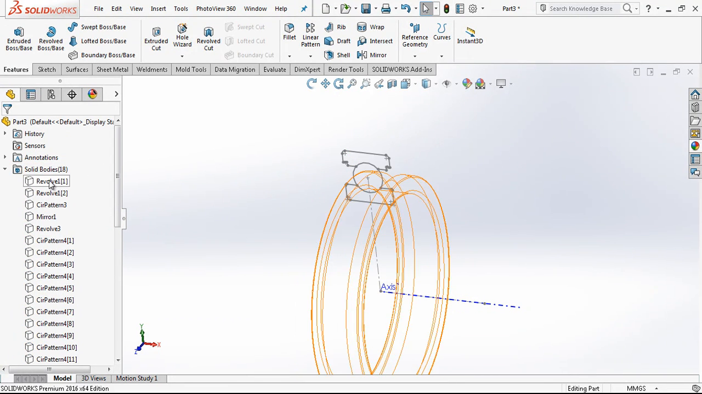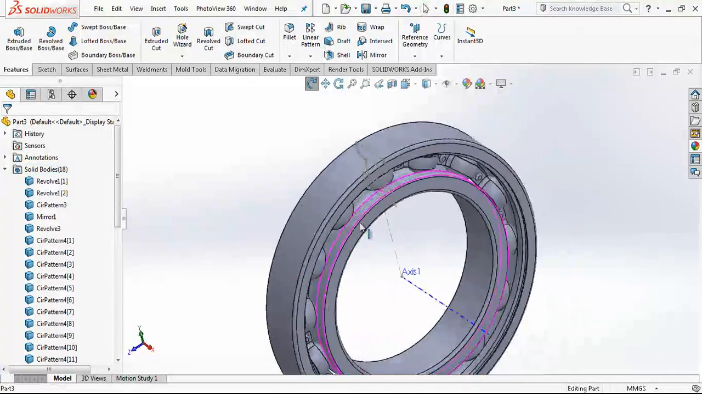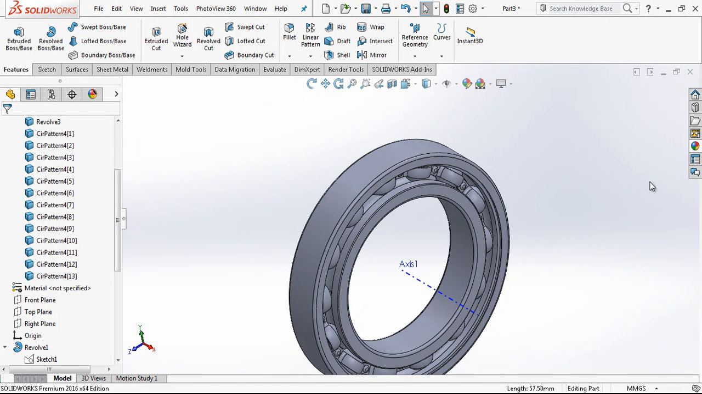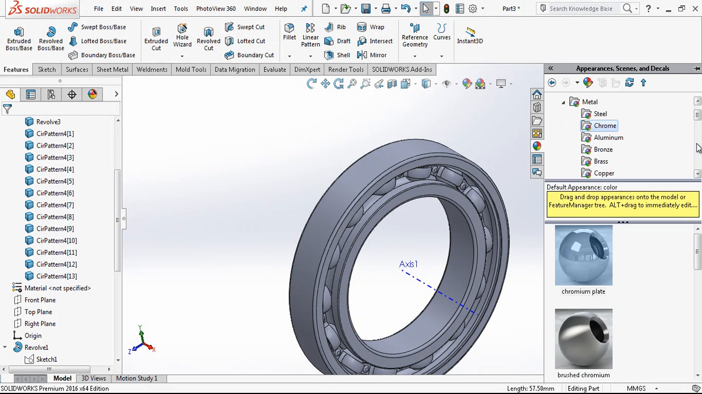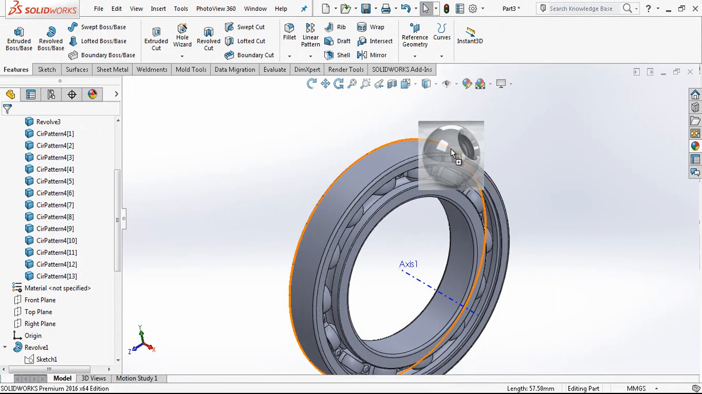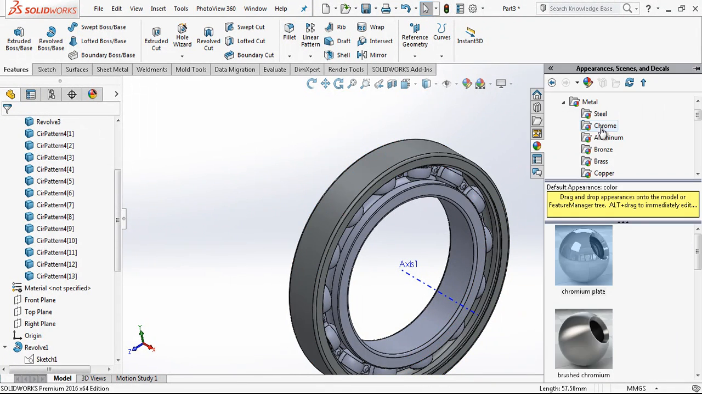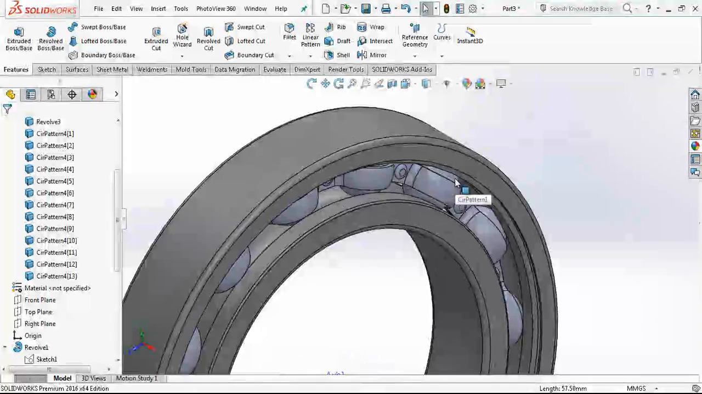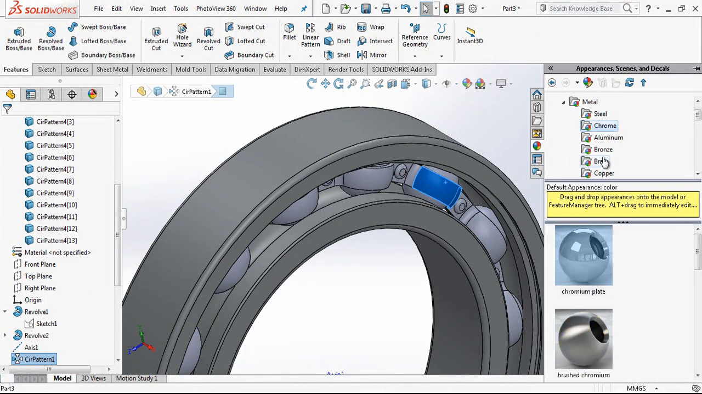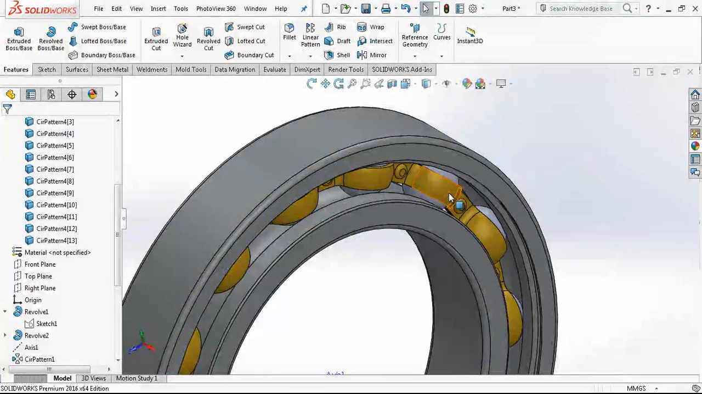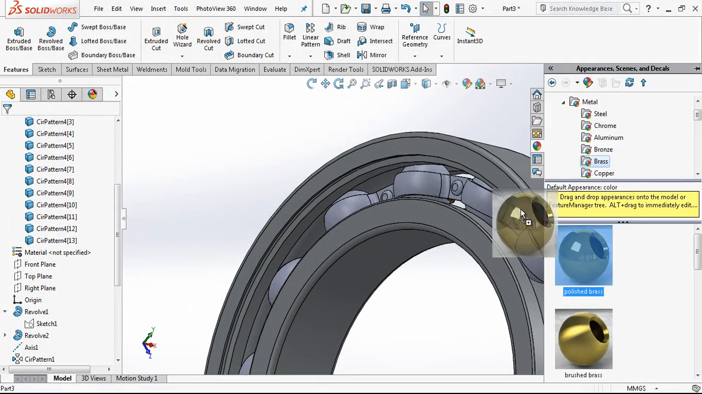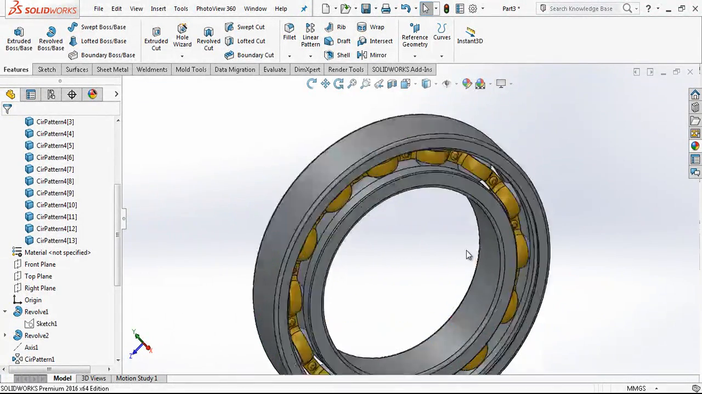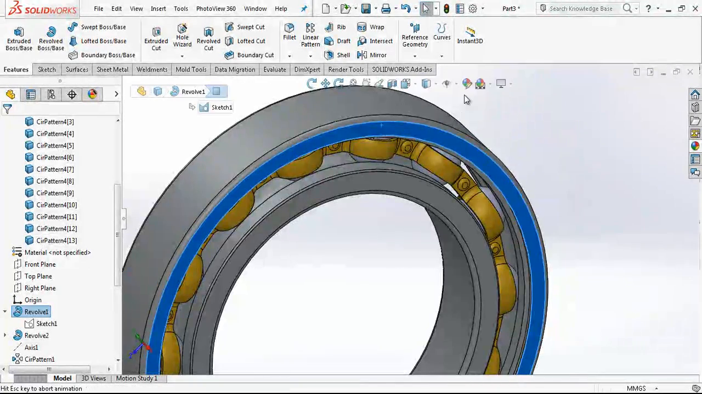Once we make it, we can give colors. I will now give my colors, chrome, this also a chrome, and sometimes they are brass, and this also a brass. Yes, this is our model, and the last thing that we are going to do,